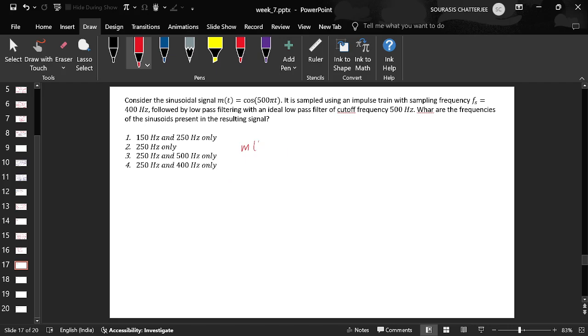So let us write it down: cos 500 pi t can be written as the sum of two complex sinusoids, that is e to the power j 500 pi t plus e to the power minus j 500 pi t,